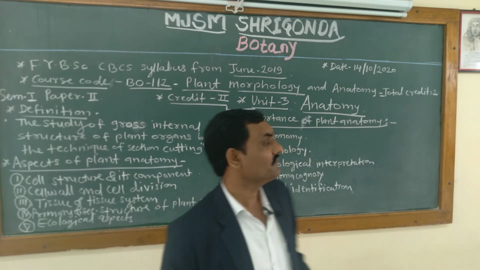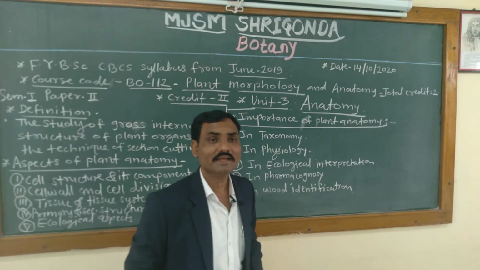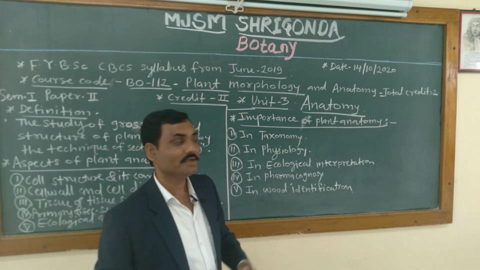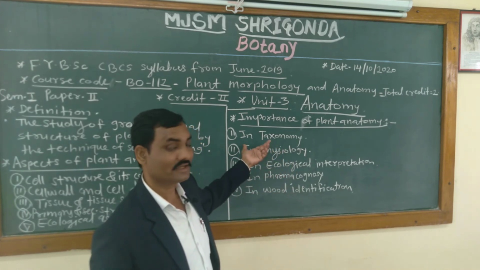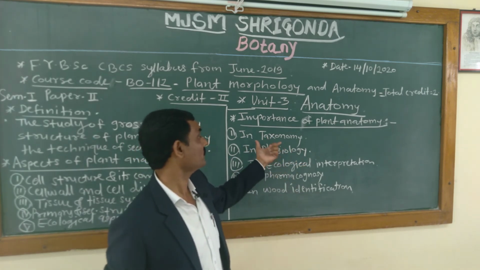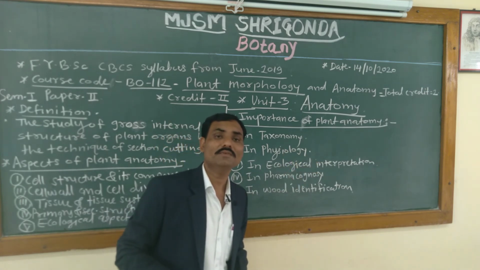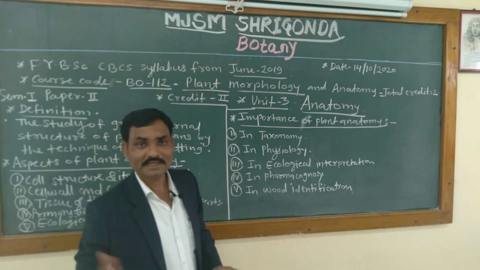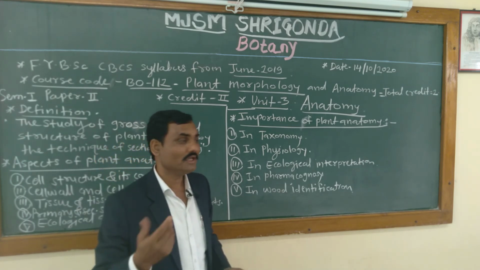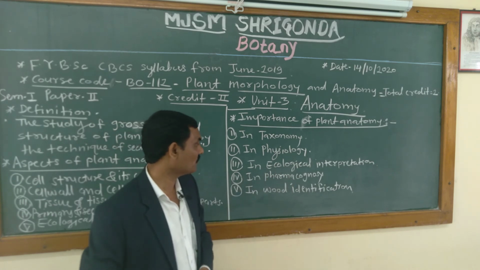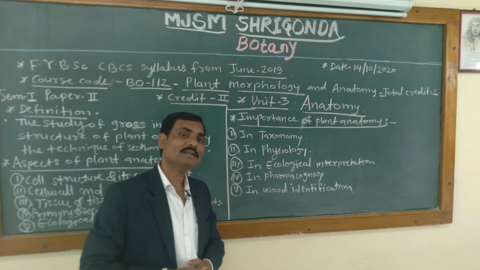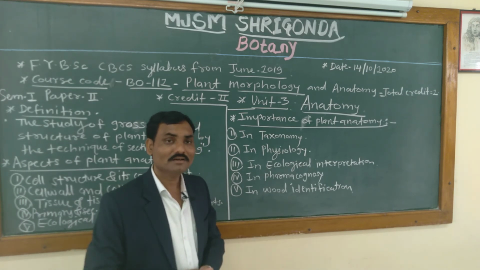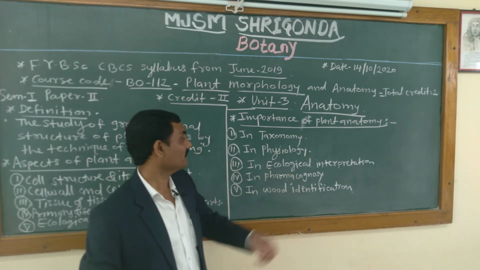And in this way, there are the different importances of plant anatomy in different aspects of plant life sciences. In taxonomy, anatomy plays a very vital role, as we have studied in identification, nomenclature and classification. Then in physiology also, which metabolic activities are governed by which cell, we can understand very well with the help of plant anatomy. Then how hydrophyte and xerophyte plants are affected by, or adapted to, their ecological system, or ecological interpretation.